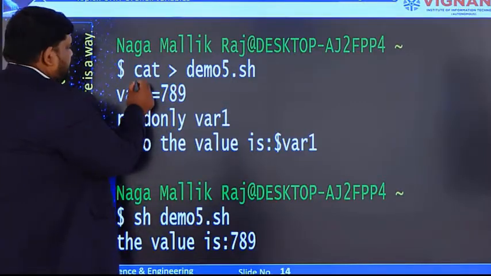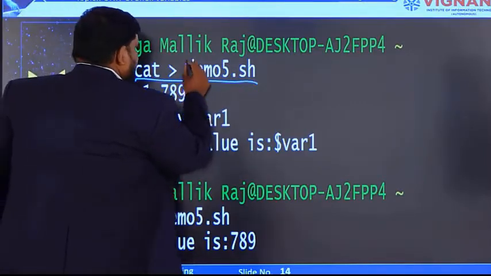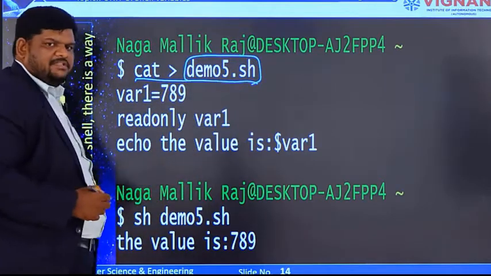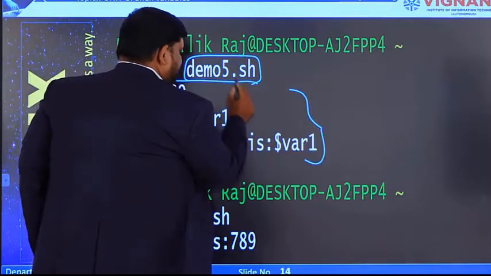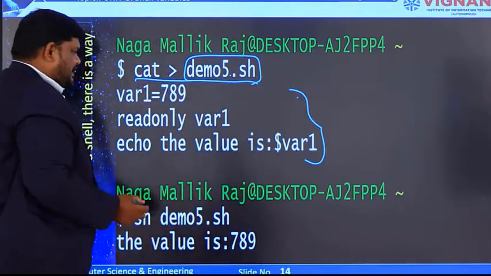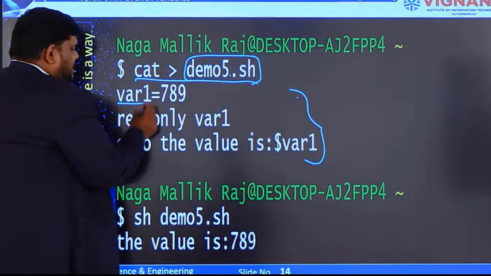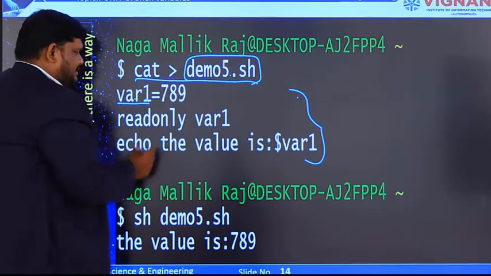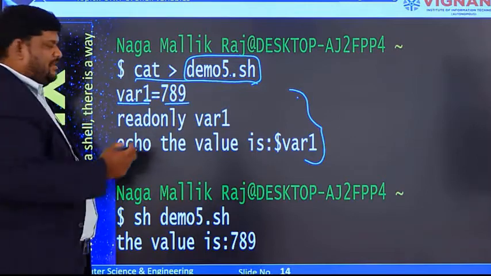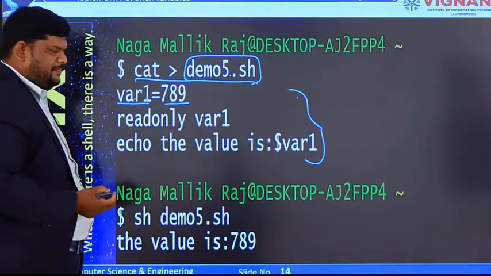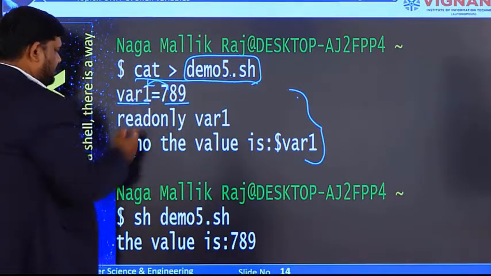Let us consider some examples. Here we are creating one program. The shell script name is demo5.sh. These are the 3 statements that are present in demo5.sh. In the first statement, var1 is equal to 789. So variable is equal to value. We are assigning the value 789 to this variable.